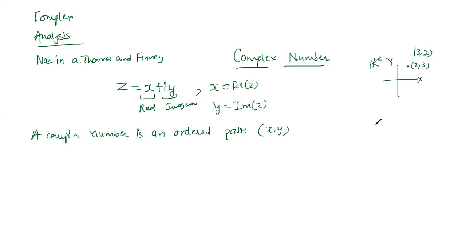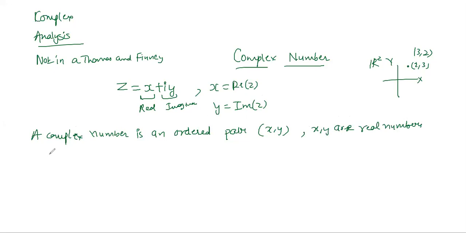So the way you define a point, the way you write a point in terms of this coordinate representation, the order is important. The first has a different meaning, the second has a different meaning. So that is what the meaning of ordered pair is. The same is here. A complex number can also be written as an ordered pair x comma y. So here x belongs to this part and y belongs to the part which is written like this, the imaginary part. And both x and y are real numbers. This is something we know. Both x and y are real numbers.